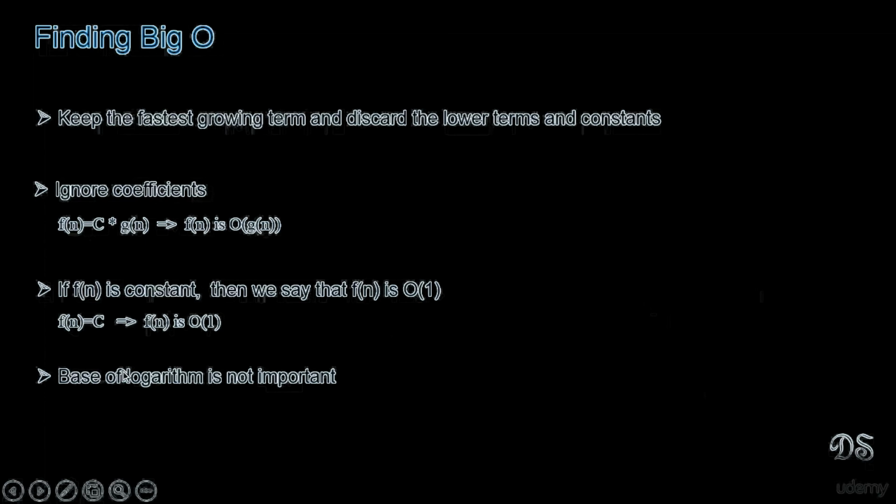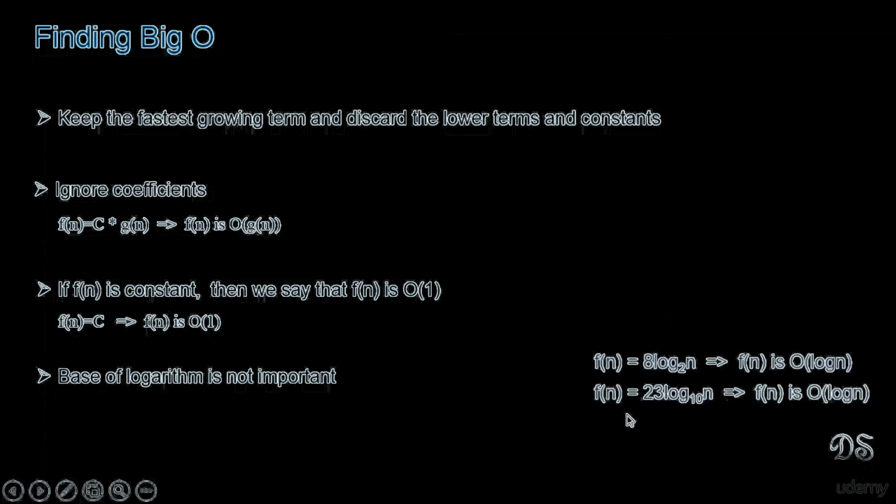Now the next rule states that while computing the O notation, the base of the logarithm is not important. For example, for both these functions, we will just say that f is order of log n without specifying any base. Now let's see the reason for this. We know that logarithms with different bases are related by a constant factor. This is the constant factor. Now big O ignores constants. So that is why there is no need to associate any base with the logarithms while specifying the order of a function. In algorithm analysis, we will mostly encounter logarithms with base 2.